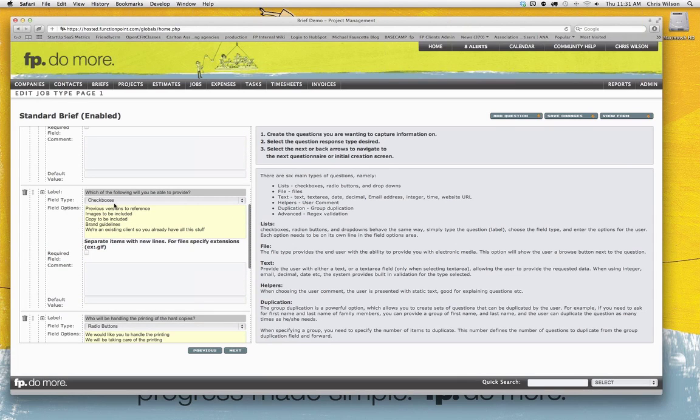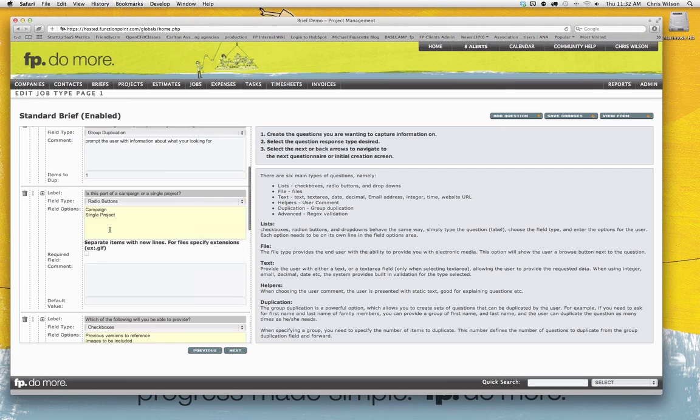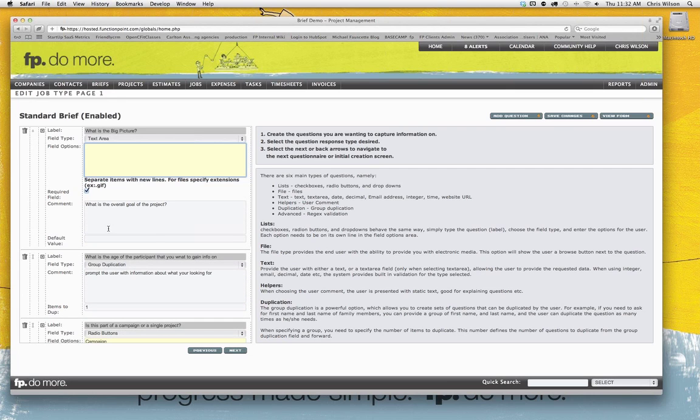And let me just navigate down. Notice here we have checkboxes, for instance, and hence we've put in on each line what the options would be under those checkboxes. So the field options presents that type of opportunity to us. And then we can also put in the required field request, as well as any particular comment that you'd like to add that is kind of like a prompt to the person looking at it, so that they give you the information that you're really looking for.